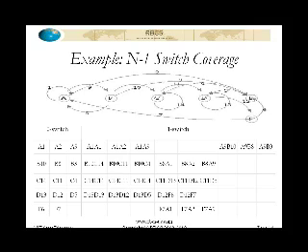Why? That's what Chow said. That's why he called it zero switch. I don't know why. Obviously, this would have been more comprehensible if you called it one switch for one transition long and two switch for two transition long, but he didn't. So zero switch refers to covering all transitions of length 1. One switch refers to covering all transition sequences of length 2. Now, they have to be possible